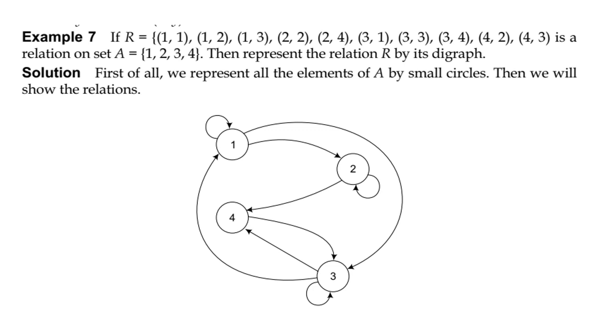Then it's another example, R is equal to {(1,1), (1,2)}. You can use those pairs to create the relation. The only thing to keep in mind is the elements of the set will be used to create the vertices, and then the pairs of the relation will be used to create the edges, and the edge will be created from this element to this element, so it will be a directed edge, right? So this way you can create the digraph for a given relation.